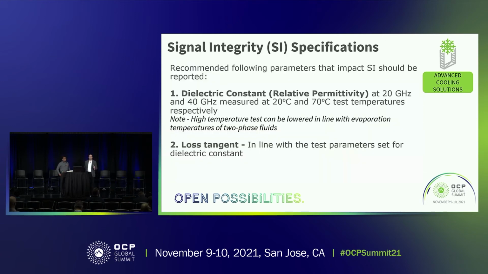I think it's important to keep in mind, if you look at that table that Puneeth was just sharing, you quickly detect that not every attribute has a specific requirement to meet for materials compatibility and ultimately in the Immersion Requirements document. But that list of other attributes is there to help guide people and understand the fluid and how it may behave, and other considerations they may want to take into account before they decide to use these materials with these fluids. So we did not necessarily set a threshold for every specific attribute of a fluid, but we did give